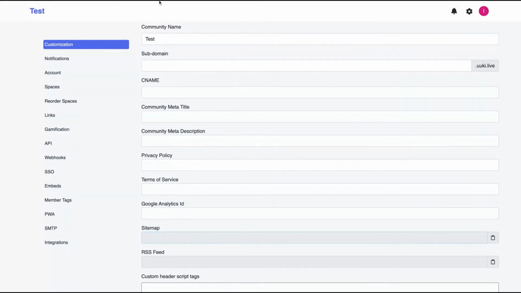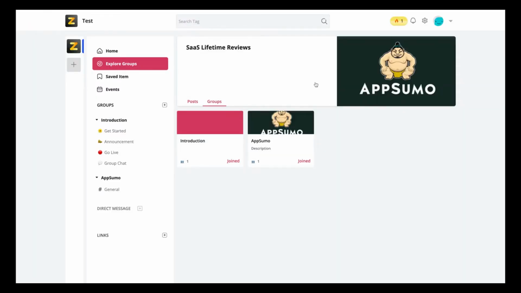Let's take a look at Pencil now. And here we have Pencil. What I'm worried about Pencil is that, at least for me, it takes time to load. So it's not loading fast, and this could be a main issue. I don't know if they are going to fix it or if it's something that only I experienced, but for me, UUKI is faster than Pencil.